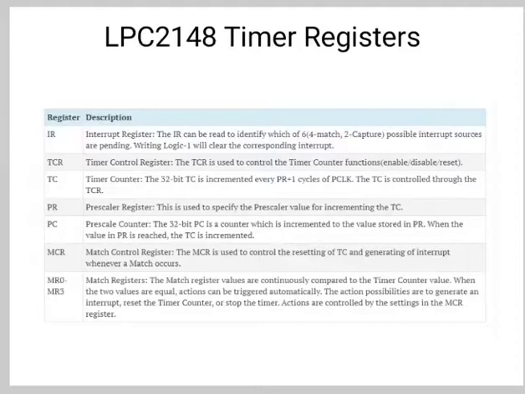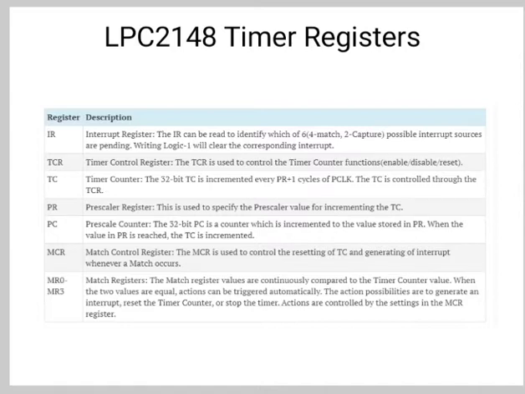Next is the timer counter register, that is TC. The value in the timer counter register is incremented when the value of PC reaches its terminal value as set by the PR register. If the PC is reset before reaching its maximum value, then the TC, that is the timer counter, will count to the maximum possible value, that is 0xFFFFFFFF, since it is a 32-bit register, and it resets back to 0x00000000. This event does not cause an interrupt, but a match register can be used to detect an overflow if needed.